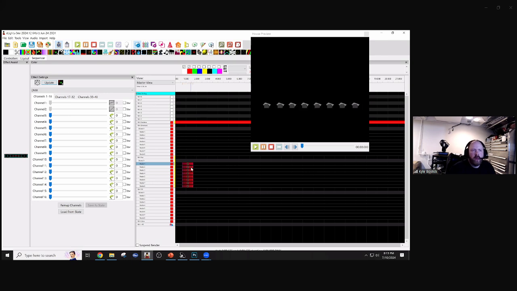Now, the way moving heads work is they will need time to get into position. They won't just instantaneously do that flip from 0 to 86 or to 172. So you need to come in and add a DMX effect to get your moving head into position prior to that effect start. And depending on which brand moving heads you have, whether they're outdoor, indoor, all that type of stuff,